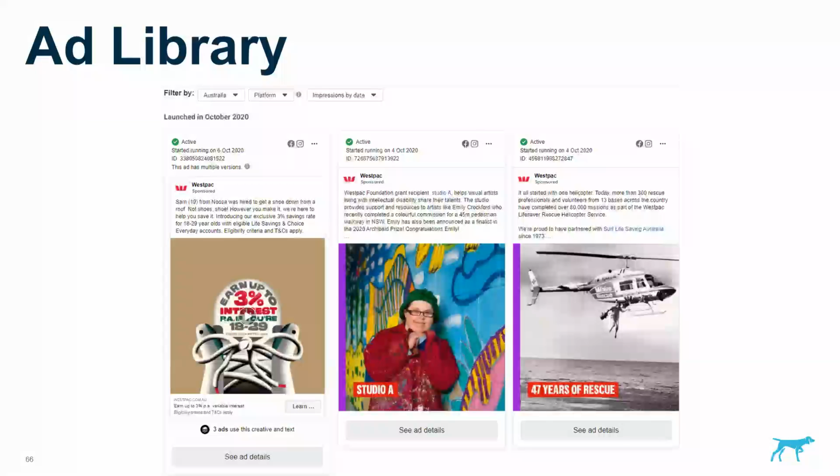So you can discern quite a lot about a competitor's strategy, or at least about their approach to creative and targeting in terms of networks through this tool. I'll include a link to this in the PowerPoint, but it is very interesting how publicly available they've made what their advertisers are doing in terms of their posts.